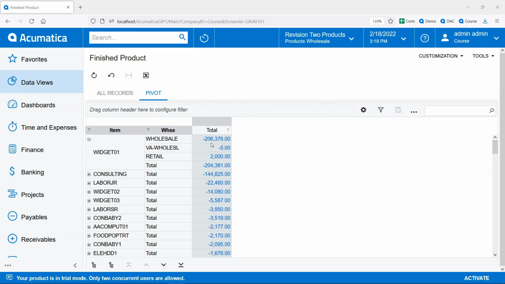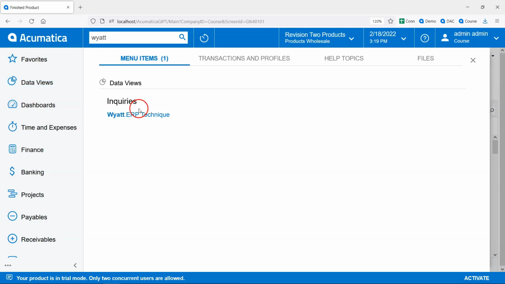To honor Laura's significant enhancement, I thought about renaming this to the Wyatt.ERP Laura Jaffe technique, but that name seemed too long. Okay, so let's get started with building this thing, and we'll start with the part that Laura Jaffe contributed by taking a look at the Wyatt.ERP technique generic inquiry,